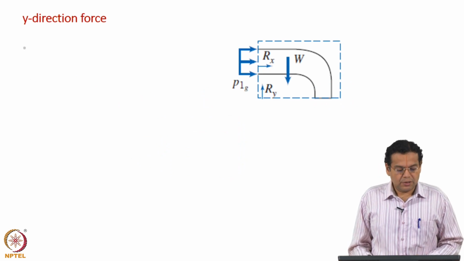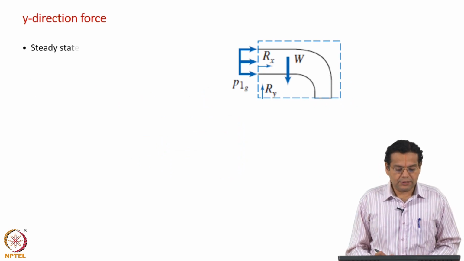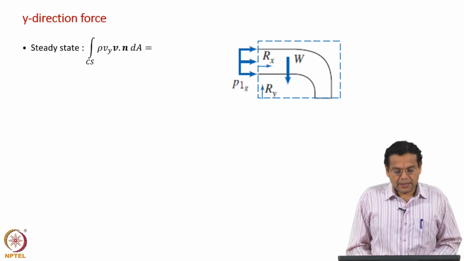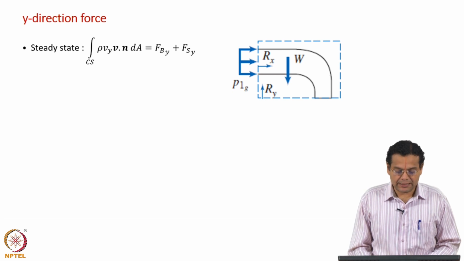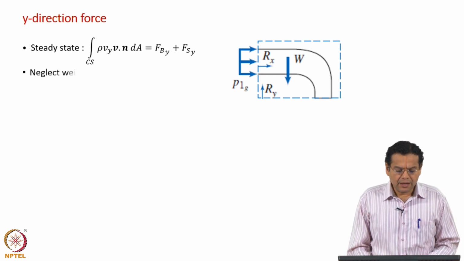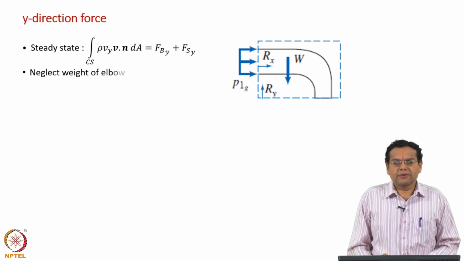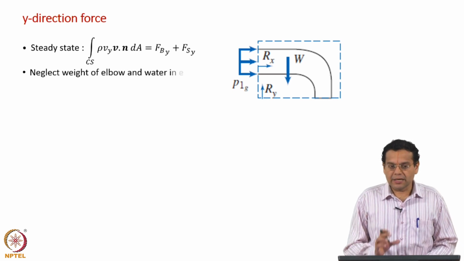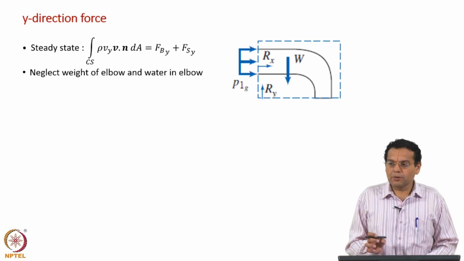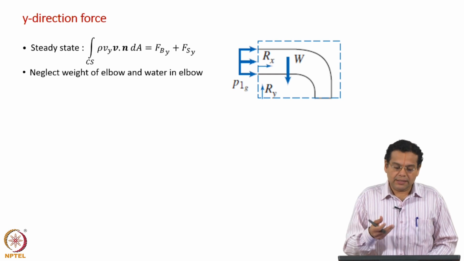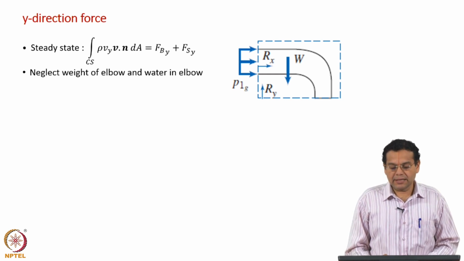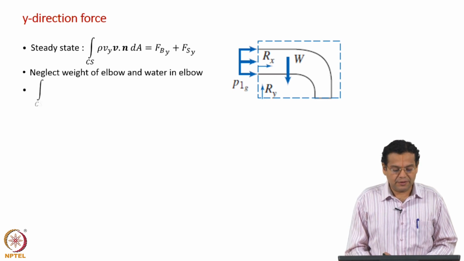Okay. So, now coming to the y direction force, we write the integral balance of linear momentum along the y direction, and we neglect the weight if it is not given. If we are given the mass of the elbow, or the mass of water in the elbow, then we can include it. In this particular example it is not given, and sometimes it may be negligible also, okay. So, we neglect that